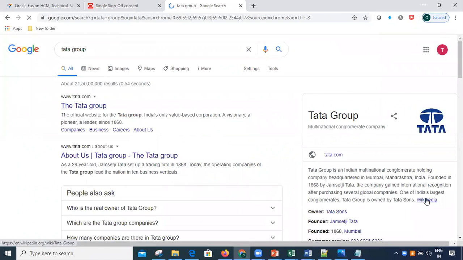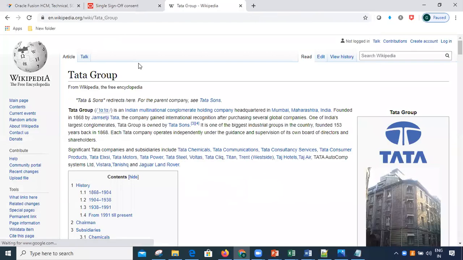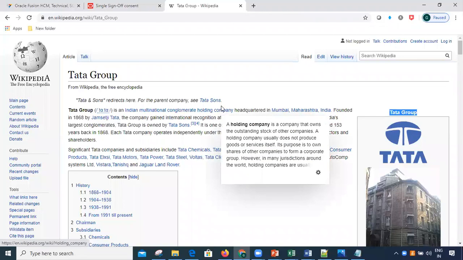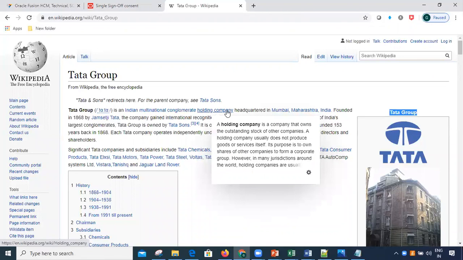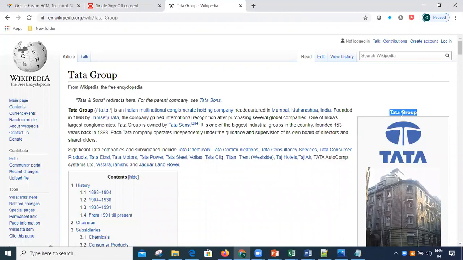If I go to this Tata Group, what is this group denoting here? Is it a company? No. This is the ultimate holding company for the entire Tata Group or the entire Tata Industries.